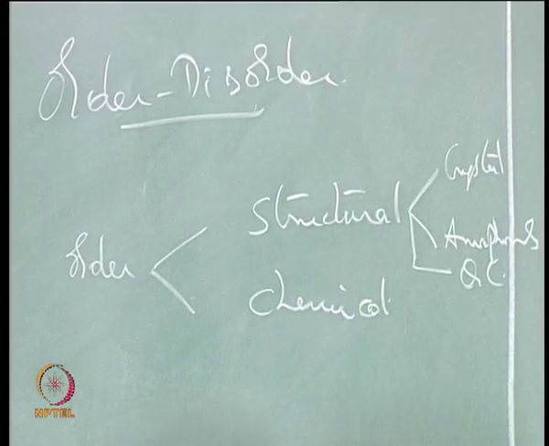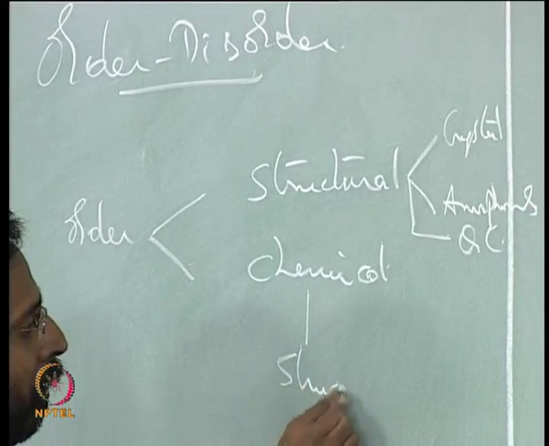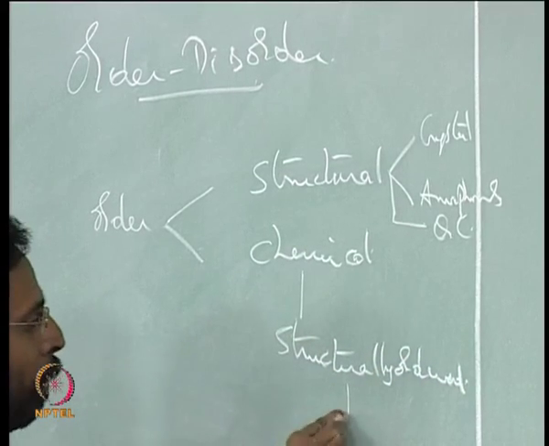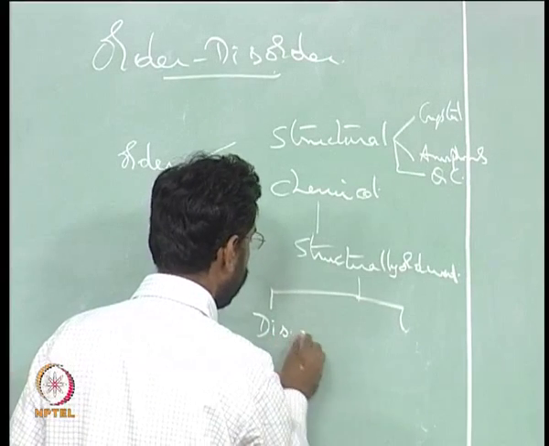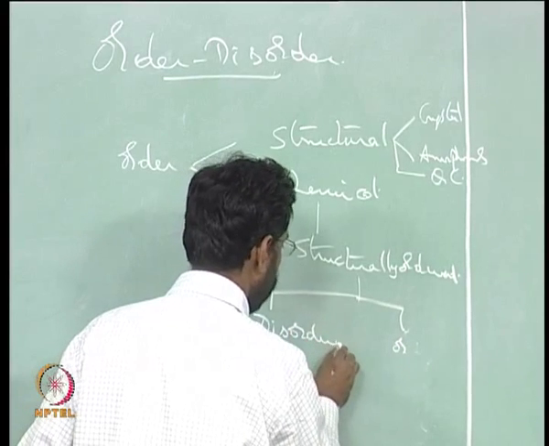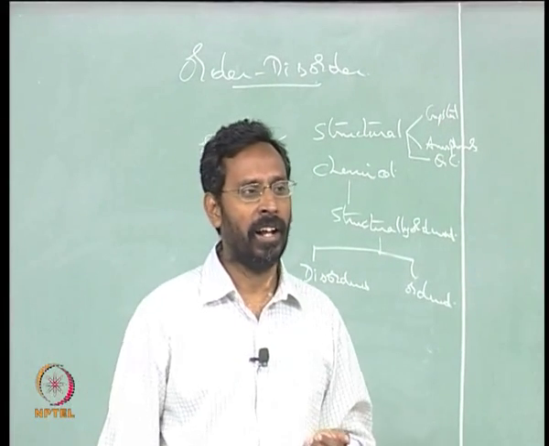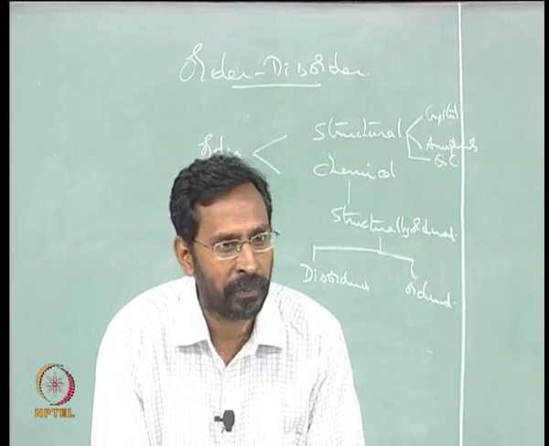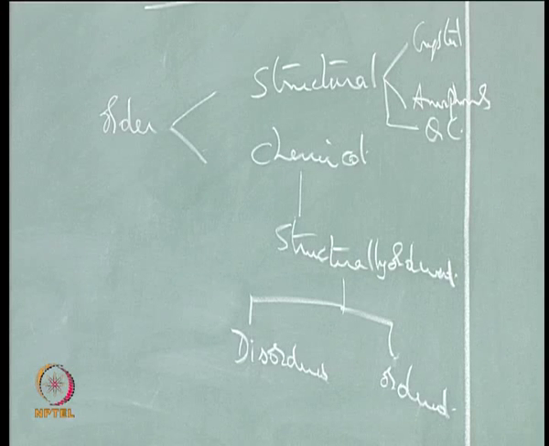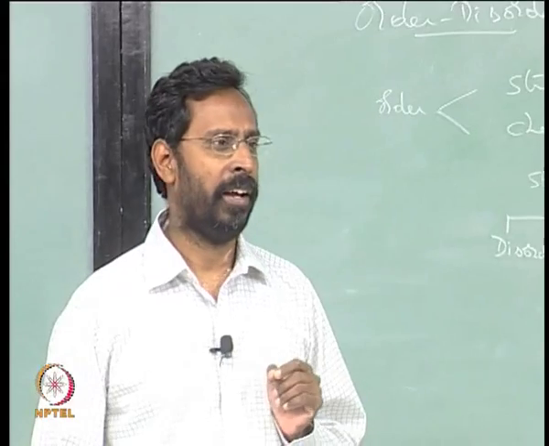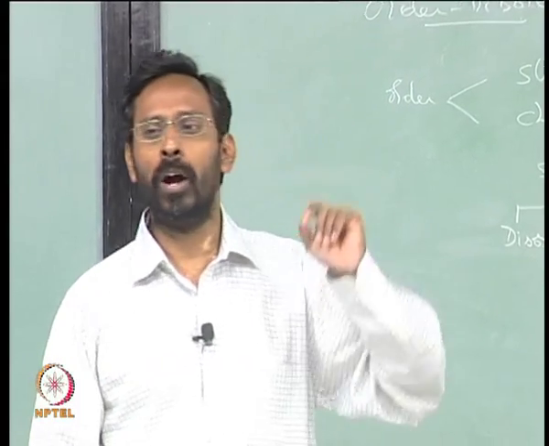When I say chemical order, first and foremost it is structurally ordered, and it can be chemically disordered or ordered. There is no possibility of looking at a structurally disordered material and looking for a chemical order there. And similarly, when I say chemical order, we are talking about long range chemical order. We are not talking about short range chemical order here. Short range chemical order and short range structural order will always be there in every material until you go beyond